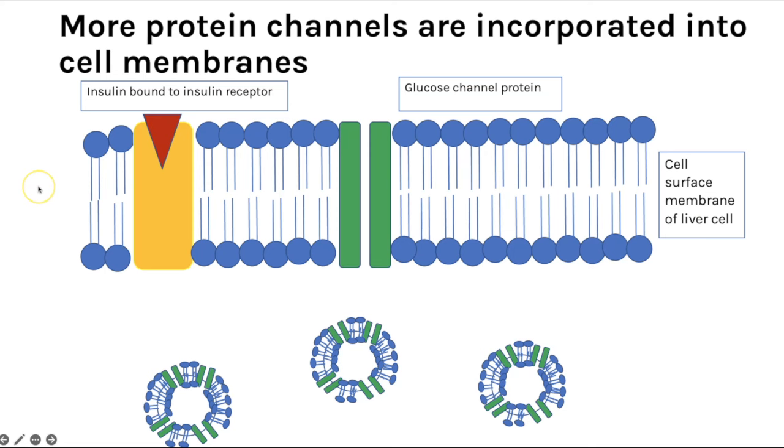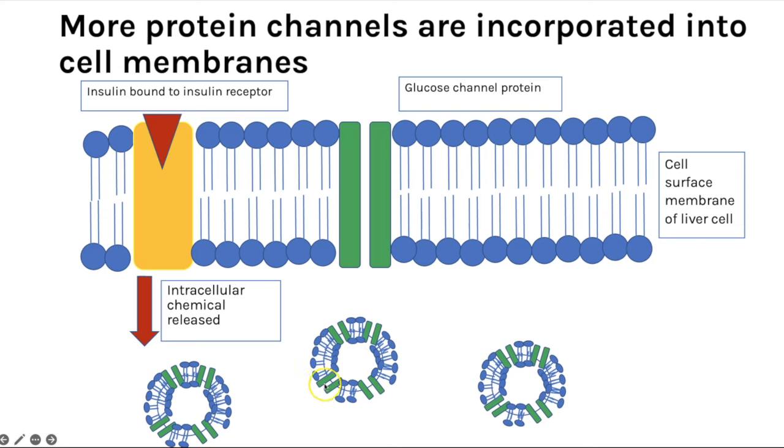So this is just a visual representation of some of those stages that we talked about. So we've got here the insulin hormone bound to the complementary shaped insulin receptor on the cell surface membranes of liver cells. When it binds, what happens is actually a cascade of reactions that you don't need to know about, but it causes this release of chemicals, and those chemicals cause vesicles that are within the liver cells,